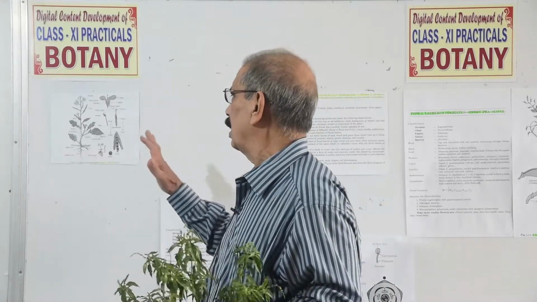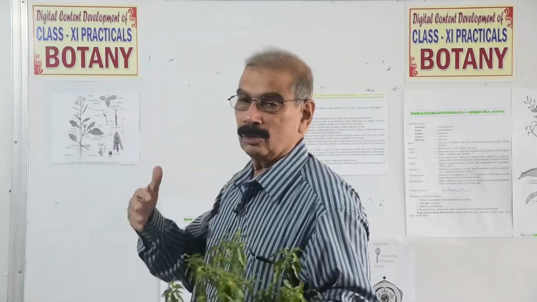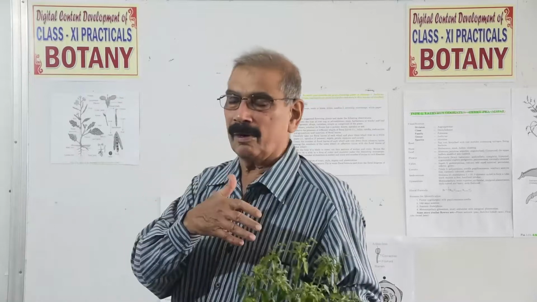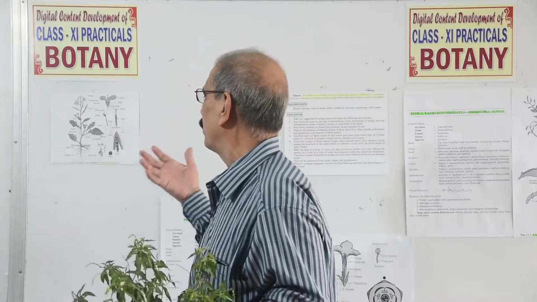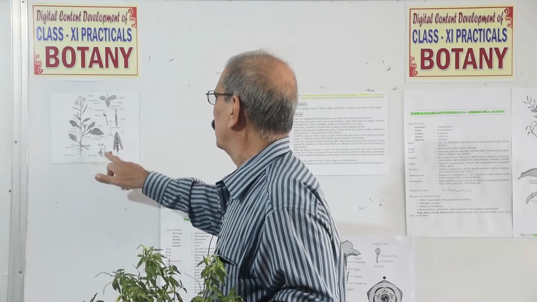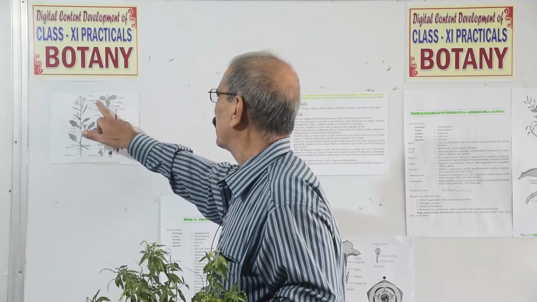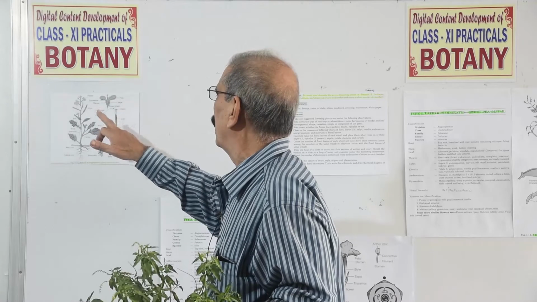So this description is there. I will show this in the description of the different families: how to dissect out, how to find out different parts of the flower. So the sepals and petals have been shown here. Sepal, petal, then